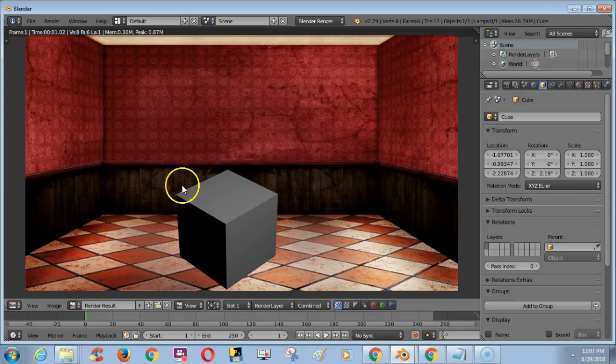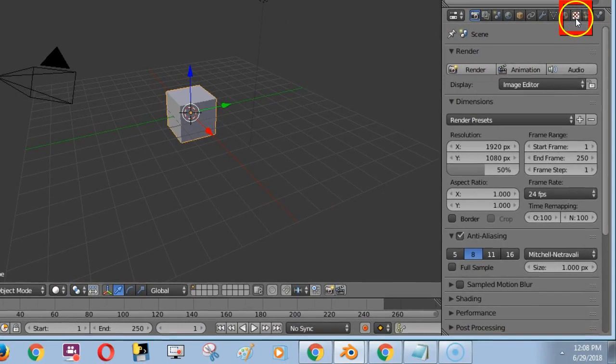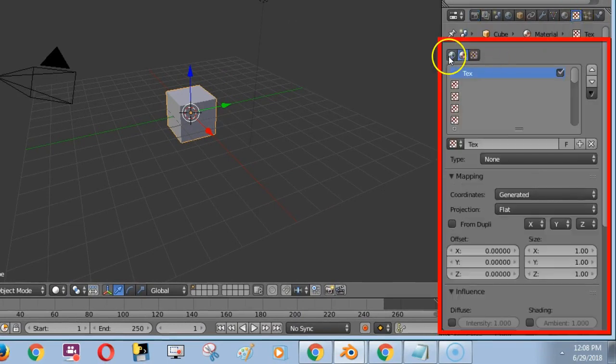In this video, we are going to see how to set a background image like this within Blender Render Engine. Let me see how to do this. First, go to Texture option, choose the option World Type